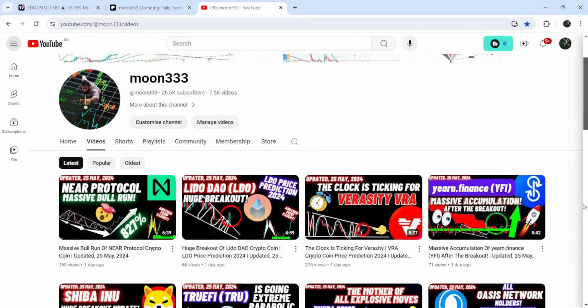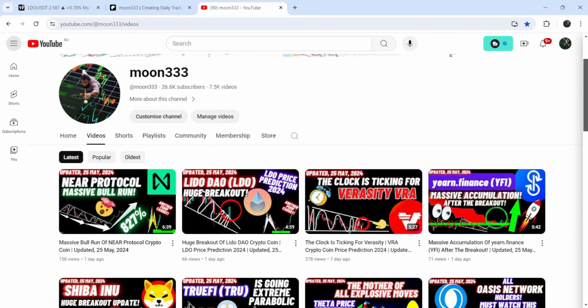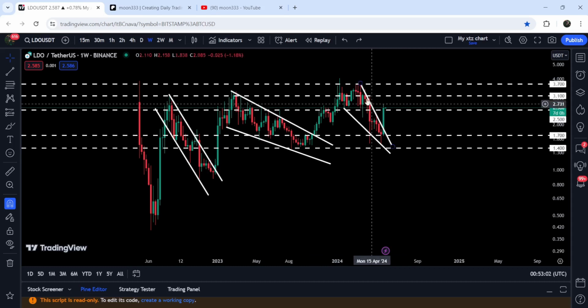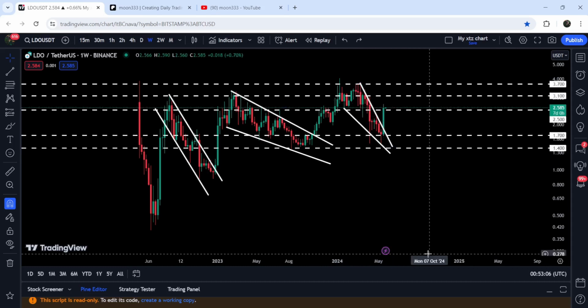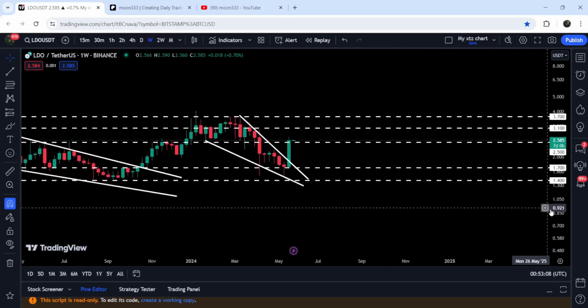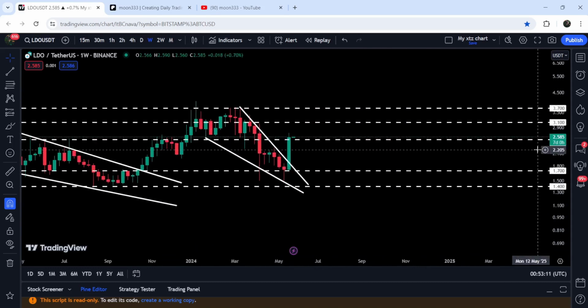As in the earlier videos, I was showing you that LDO has broken out of a quite big falling wedge pattern on the 7 days time frame chart, and this was my last video that I shared almost 24 hours ago with you. And now if you take a look at the live chart, then you can see that after the breakout, the new candlestick is now open above the resistance, the next very long-term resistance of